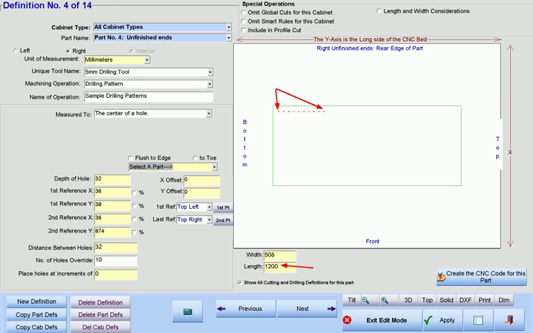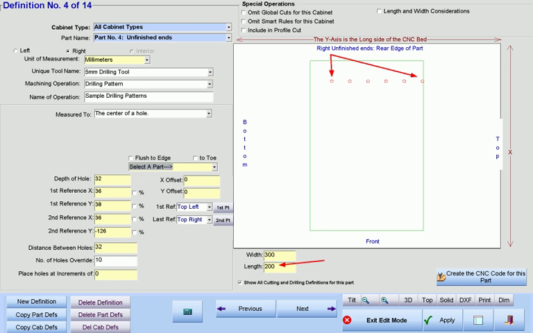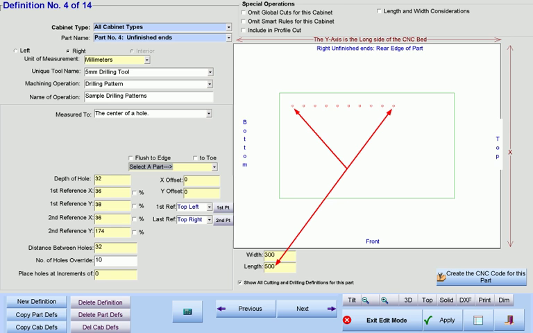But what happens if we make our part so small that the 10 holes do not fit on the part? In this case, Cabinet Pro will determine that the part is too small to fit your 10 holes as you define them, and will therefore drill only the number of holes that will fit on the part. This feature avoids user error where the part next to this one on your nested sheet will have unwanted holes drilled in it. If we change the part size once again, we will see that all 10 holes fit